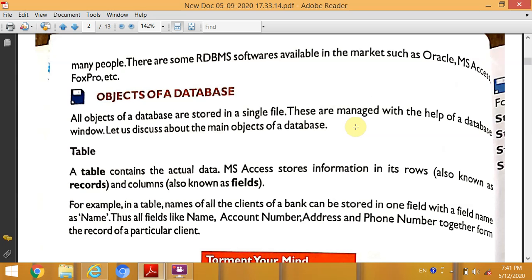All objects of a database are stored in a single file. These are managed with the help of a database window. Let us discuss the main objects of a database.